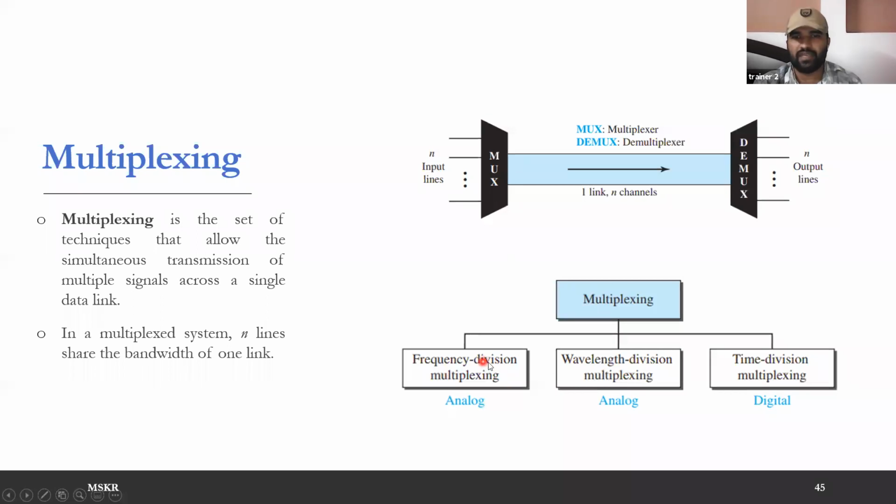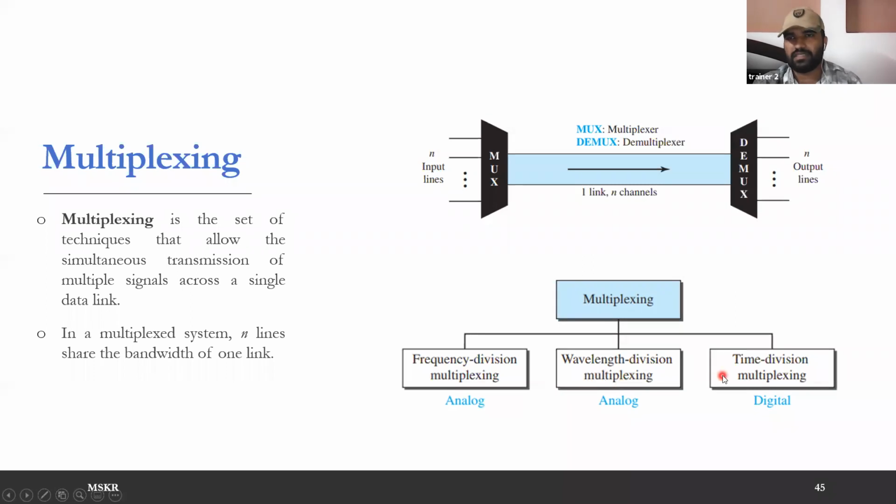Frequency and wavelength are just inverse representations of the same parameter. More frequency means less wavelength, and less frequency means more wavelength. Apart from that, there is no difference between those two parameters, but the way of implementation is a little different. The medium on which we use these techniques tells you whether it is frequency division multiplexing or wavelength division multiplexing.